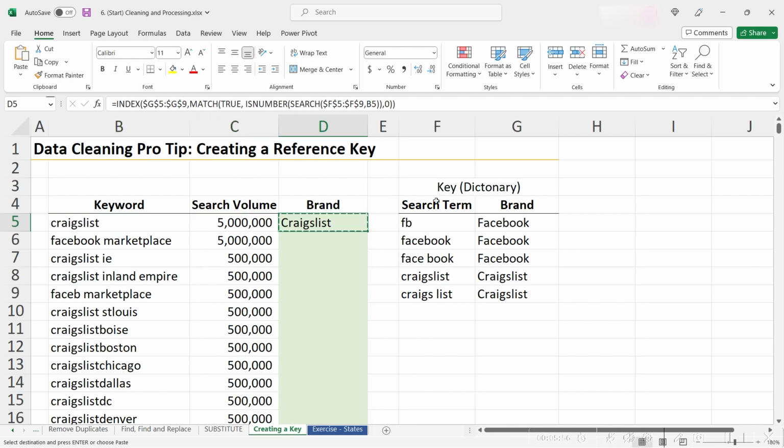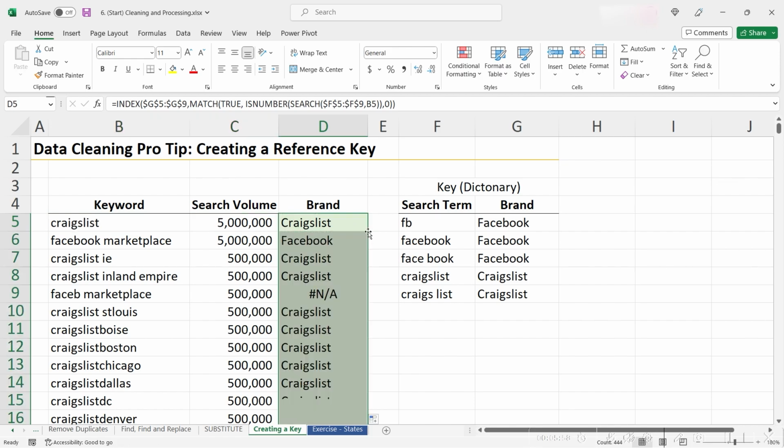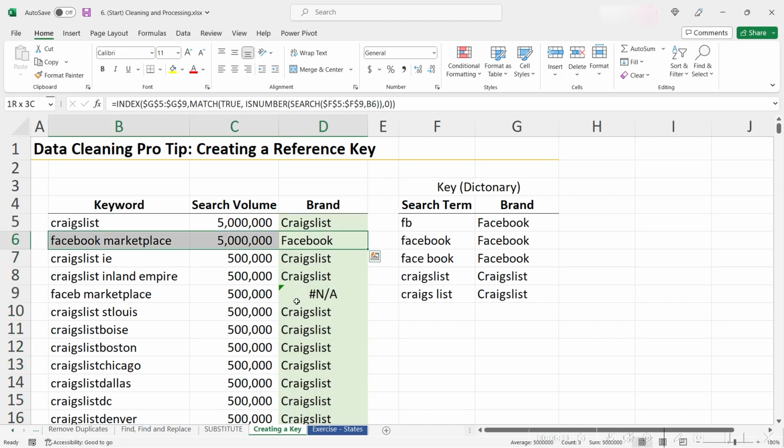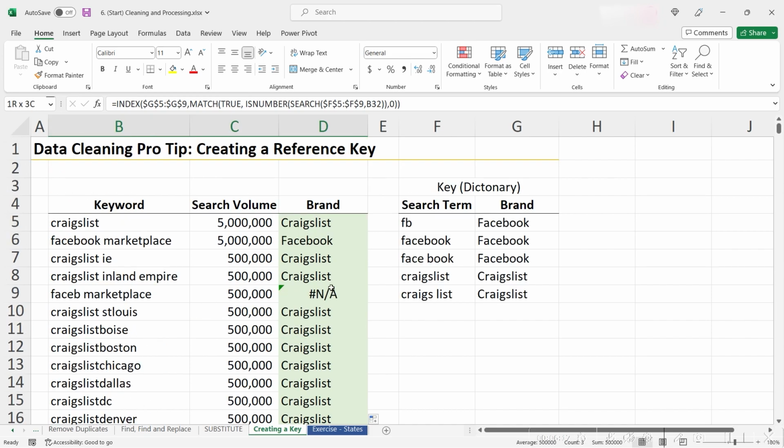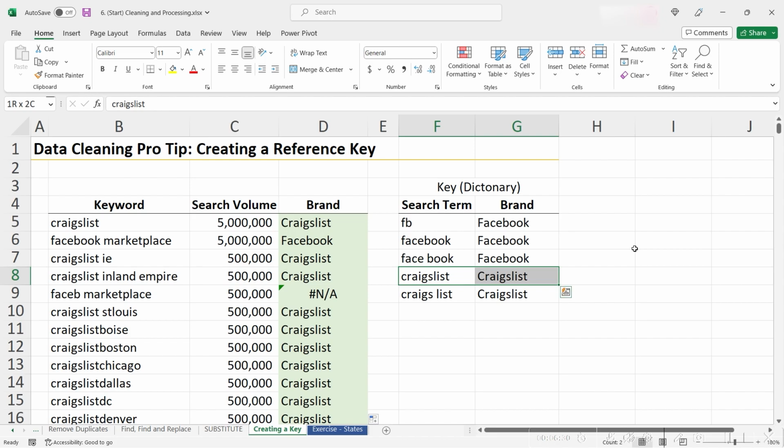So let's go ahead and use the fill handle to move this formula downwards. And now, looking down our data, we see that most of the rows of data have been properly labeled with the correct brand. However, there's one exception, which is here in row 9. It appears that we did not consider the search term over here, FaceB. So in order to add a new search term to our list, all we have to do is add a